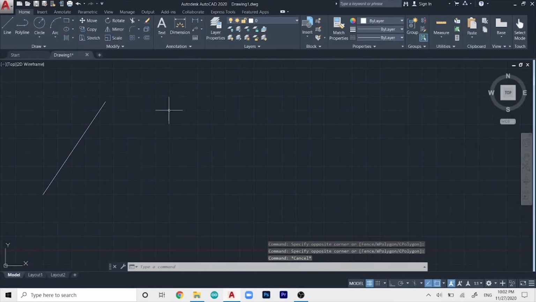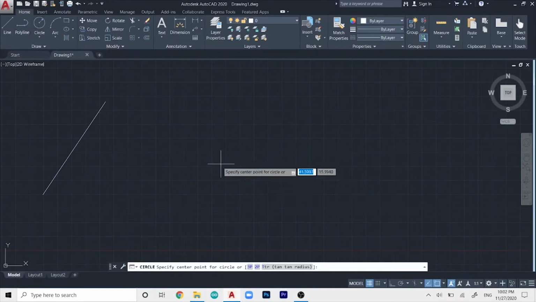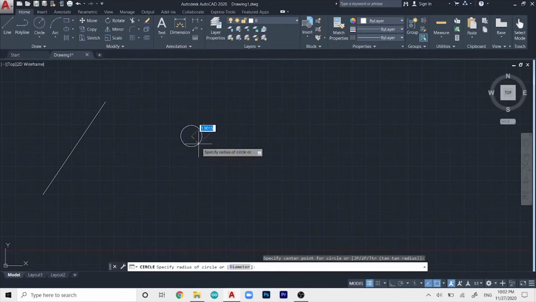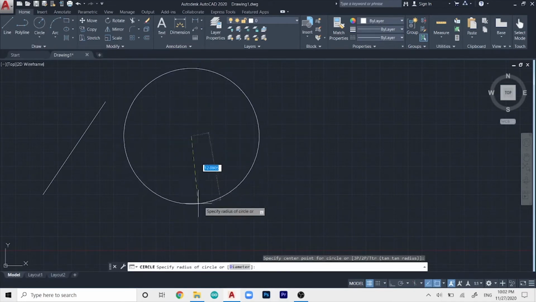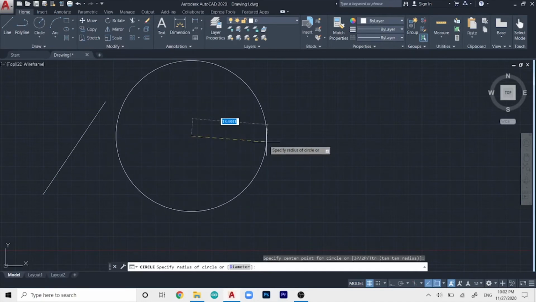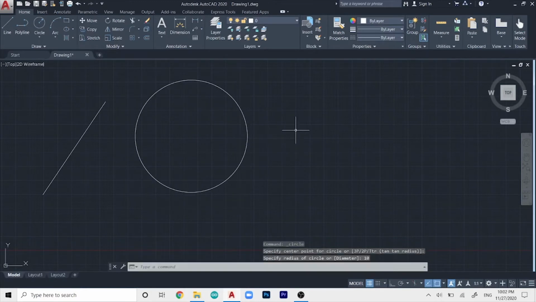Now moving on, you can also draw circles. Just click on the circle option over here and then specify a specific point. So let's say over here, and then you can draw the circle in any direction you want, and the radius is the only thing that matters. Let's say I wanted radius 10, so I will straightaway type 10 and then press enter, and it will draw a circle of 10 radius.